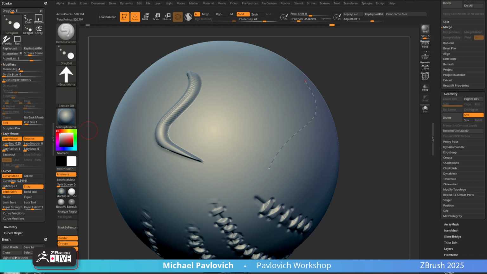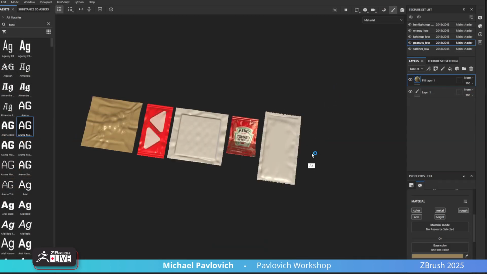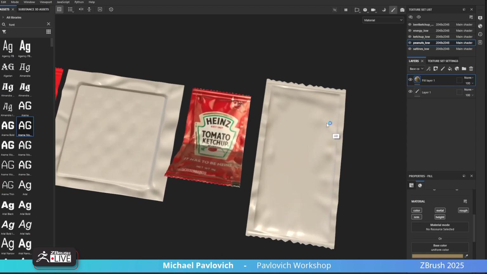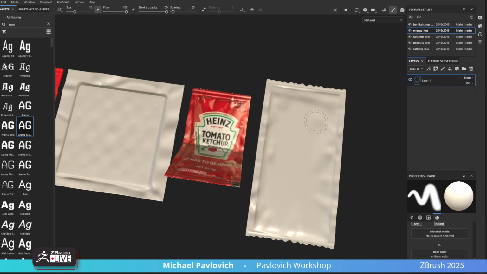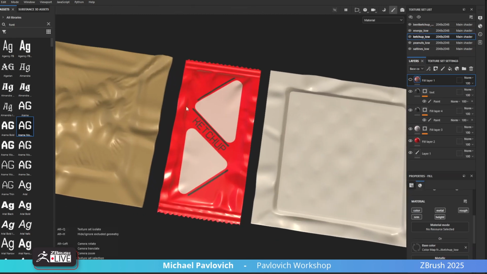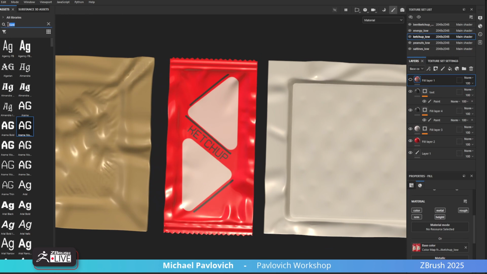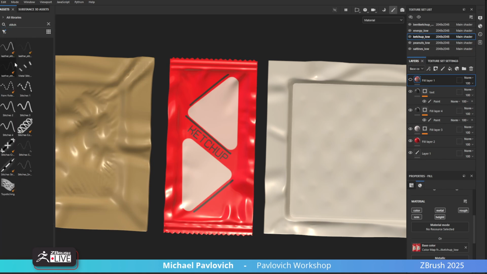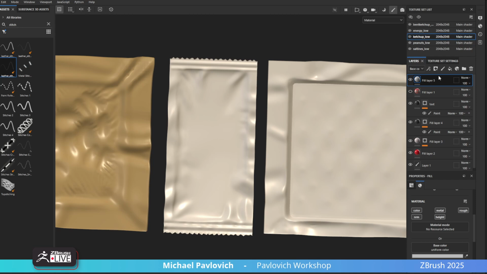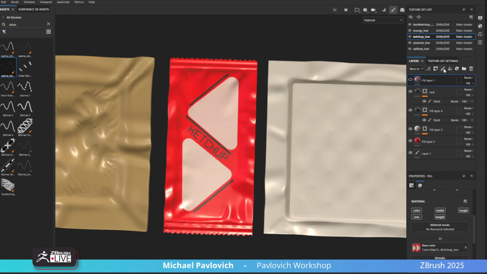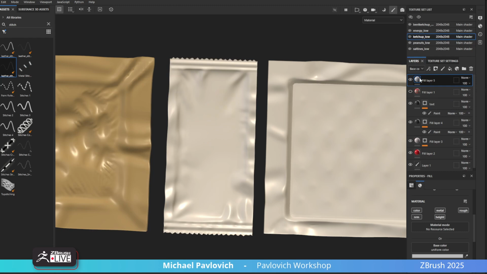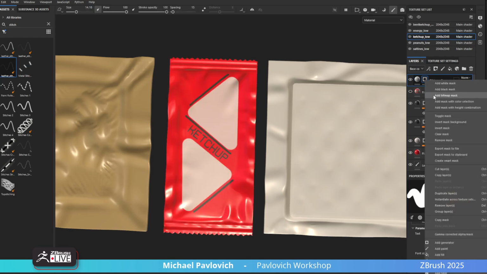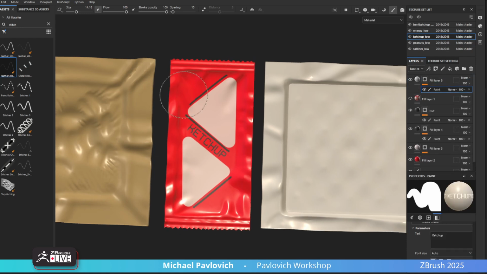Making alpha stitches. Let's go around the borders. Got it. Oh, okay, gotcha. Oh, I should have talked about that here too. So as far as stitches go, this is far less destructive. If I want to do, say, stitches on our ketchup packet here, if we go in here and say stitch, I think it's a brush here, leather stitch. You know what, I think it'll work, we can do a fill layer, add a black mask. Again, this is stuff I don't do very often anymore, but